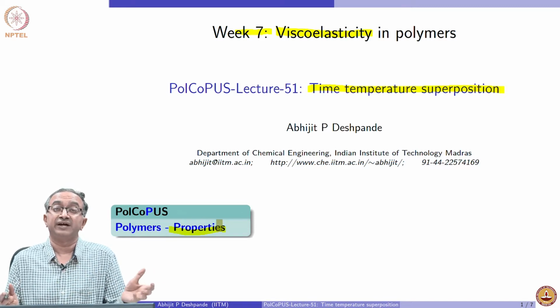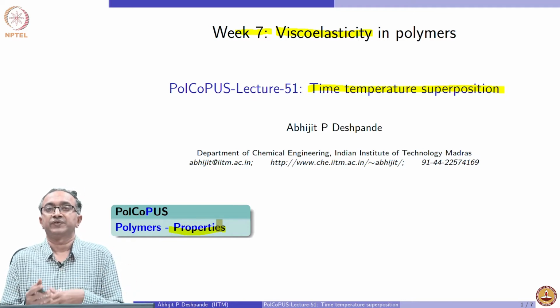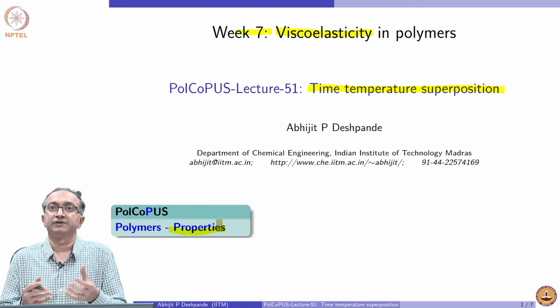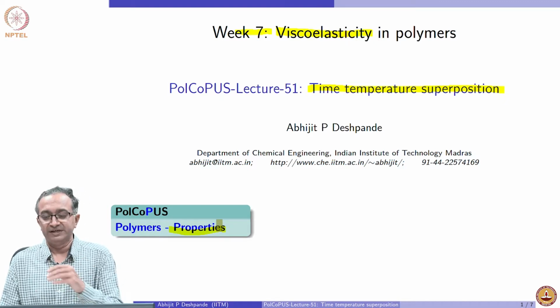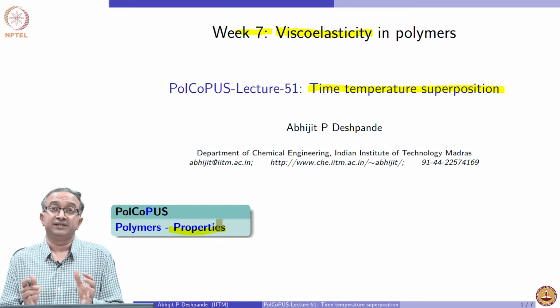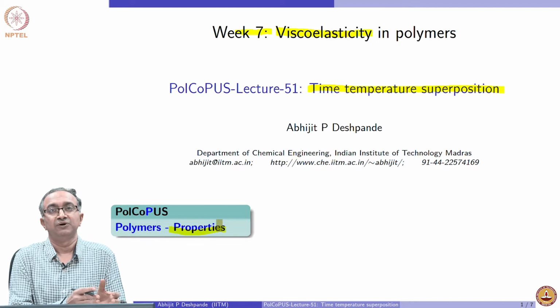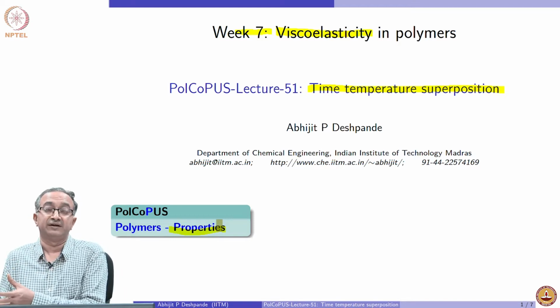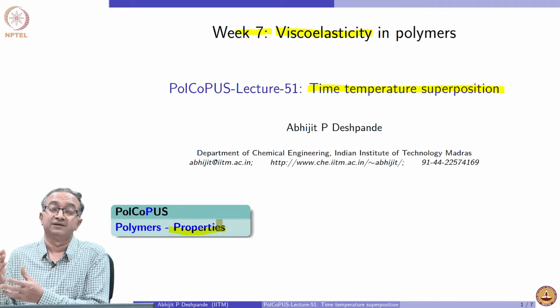Similarly, for very long times like 25-30 years of service life, we cannot measure properties. And so again, time temperature superposition is a very powerful tool for us to do such estimations. There is another way in which time temperature superposition is very useful, and that is to characterize the material, because we have seen that a macromolecule has the angstrom level where the bond is, all the way till micron and higher length scales in case of blends and composites because of domains and all the other microstructural features.